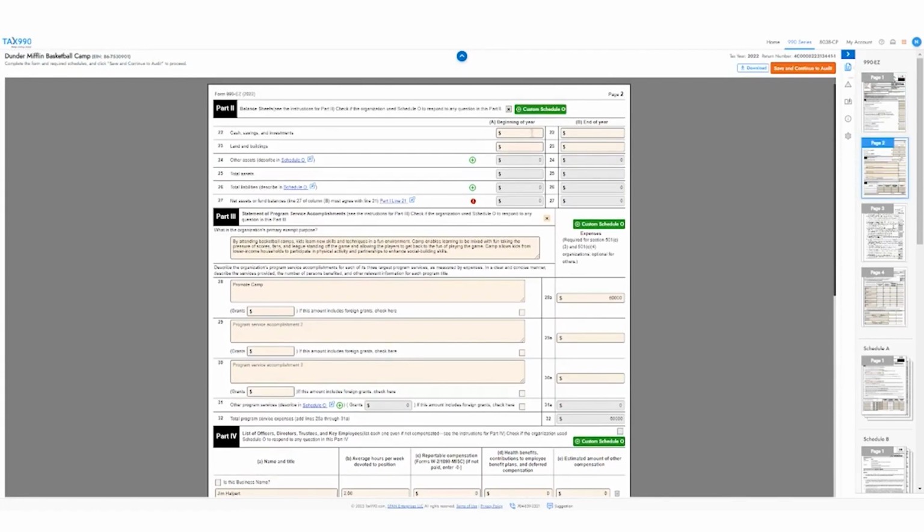We're then going to move on to page 2 to complete the balance sheet information. So we'll input our beginning of year assets and liabilities to generate our net assets or fund balances. Now you can see once we put our asset information in, it's going to generate our total assets and calculate our net assets here. We do need to add our liabilities, and we can see the error we have here